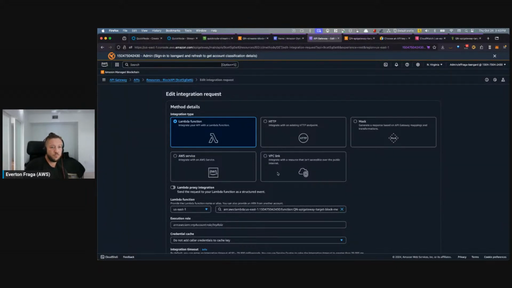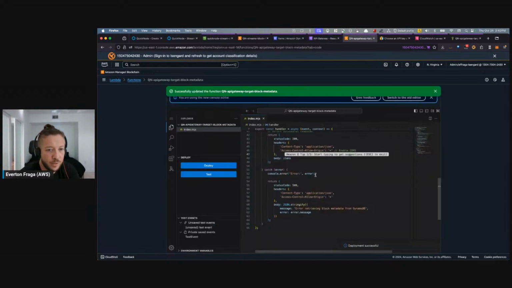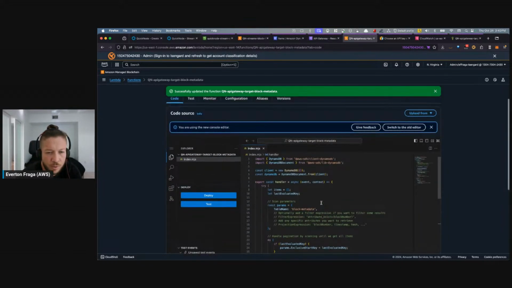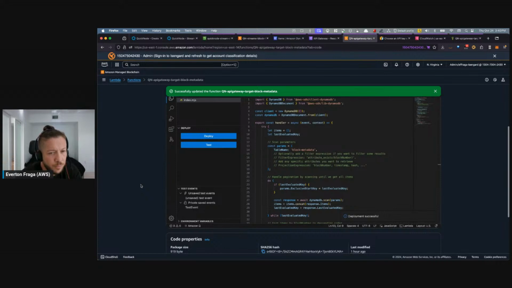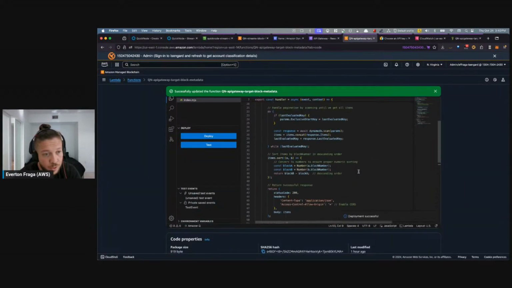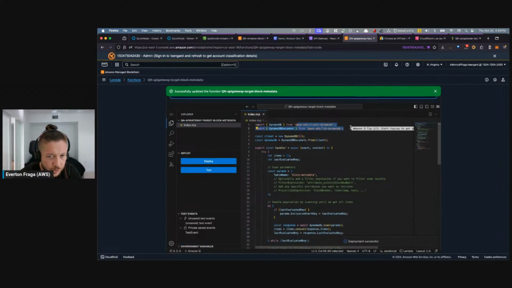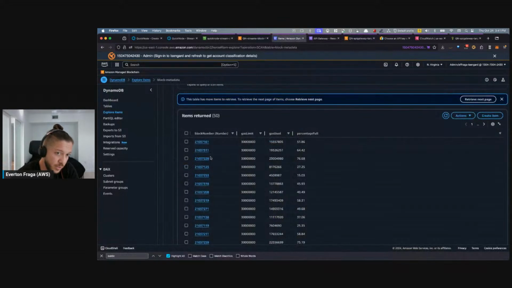Or you can pipe it to an AWS service. So there are so many options you can do. In our case, I created this Lambda function, which is largely boilerplate code. We have several examples in our documentation, and it uses basically the DynamoDB client to, guess what, read these things here.